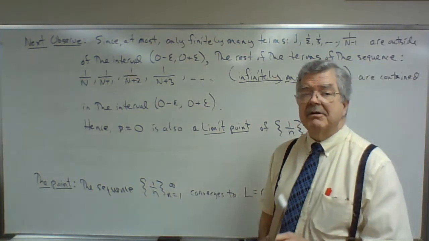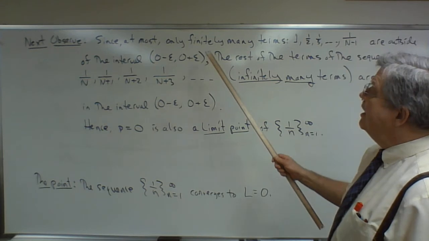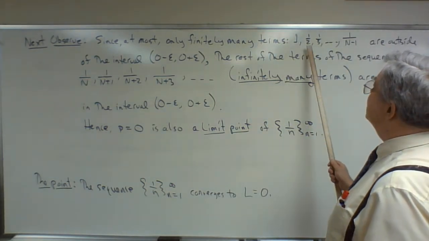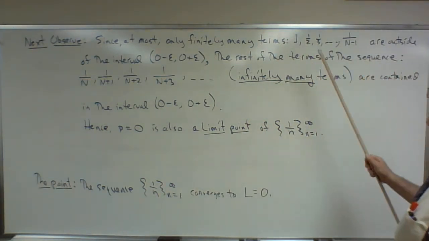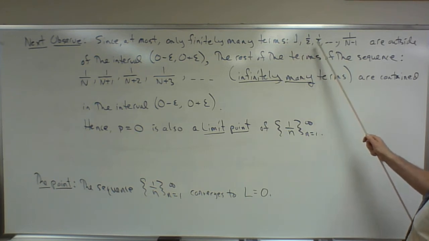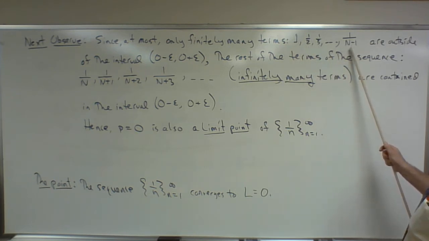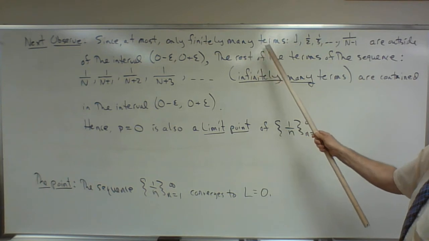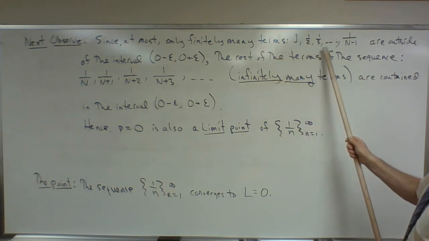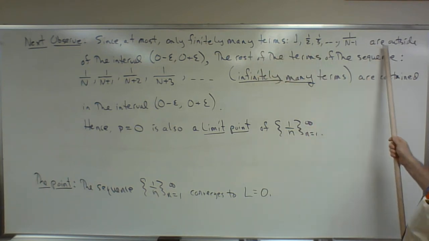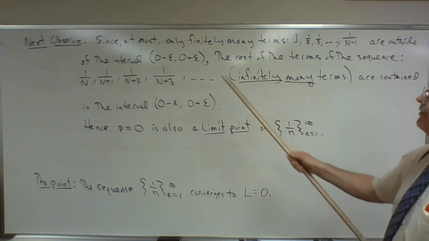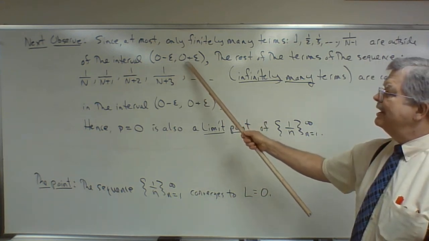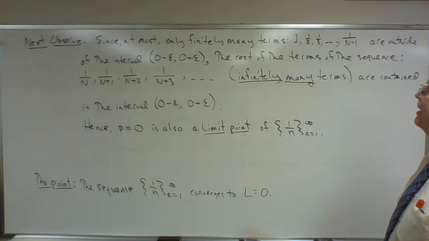Now, we have another claim to make. Since only finitely many terms of the sequence, specifically 1, 1/2, 1/3, all the way to 1 over n minus 1, are outside the interval from 0 minus epsilon to 0 plus epsilon,